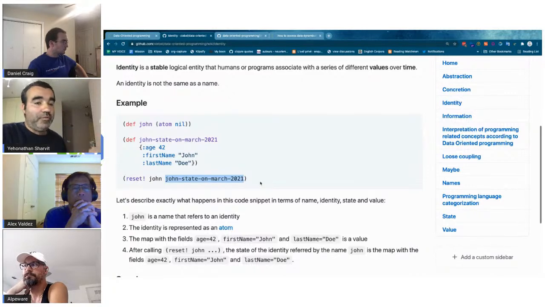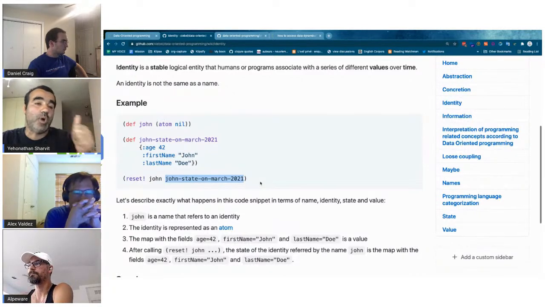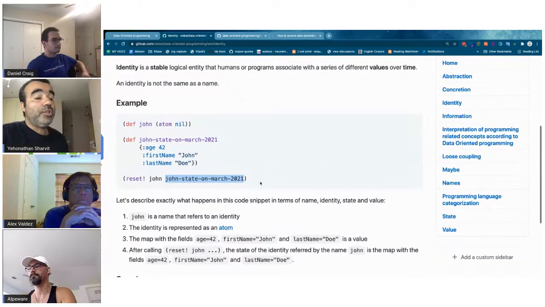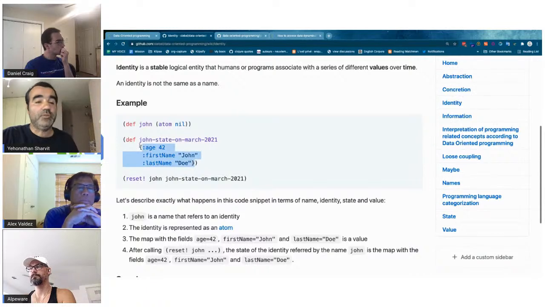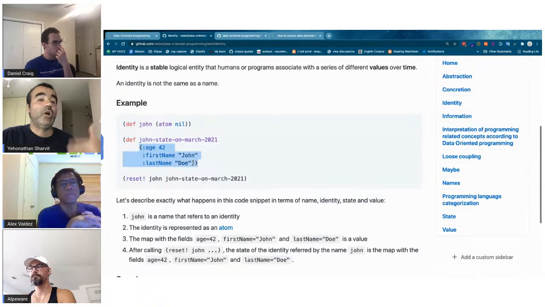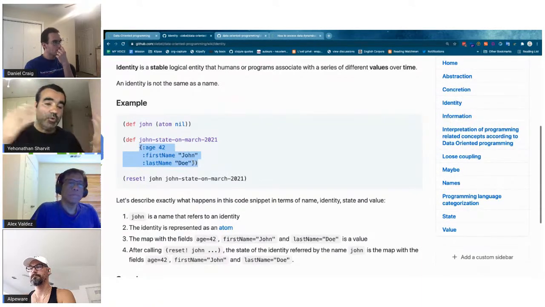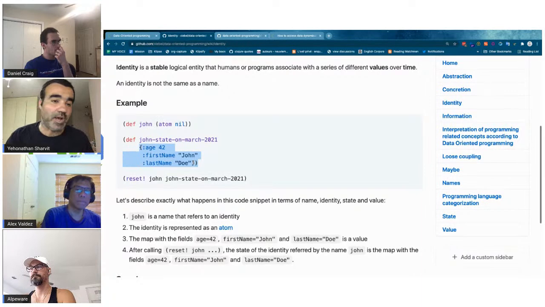At each point of time, the identity has one value. The important thing is that the value exists even when disconnected from the identity. So when I reset John to another value, nothing happens to this value. This value will stay the same forever. If I want to be a bit poetic, I would say values are eternal.